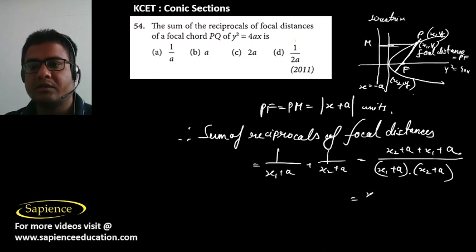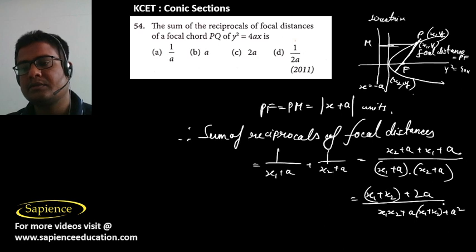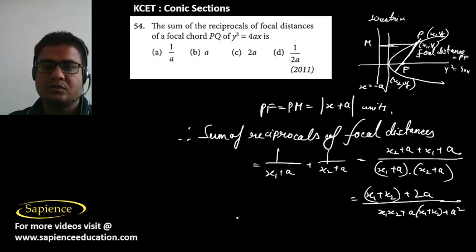So it will be x1 plus x2 plus 2a divided by x1 x2 plus a into (x1 plus x2) plus a square. So now from here we can say that